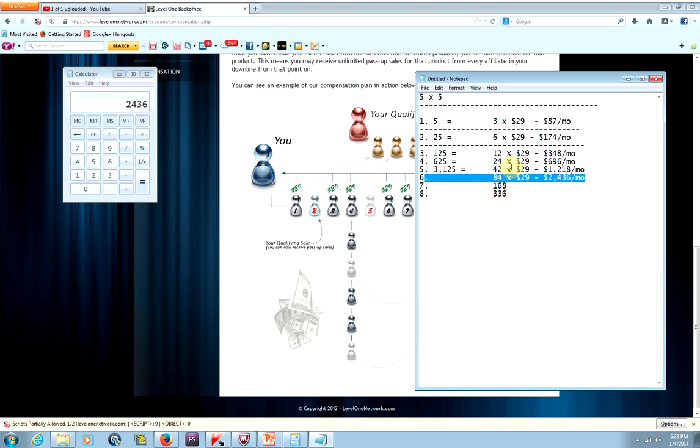And so this isn't bad. Out of 3,000 people in your organization in level 1, 42 would be pass ups to you. They would be frontline level passive legs. That's how this works out. And that's pretty good money there. I mean, you're looking at over $1,000 a month coming in just from that level alone. You're looking at about $600, almost $700 coming in per month from your fourth level, and almost $350 from your third level of referrals. Just with a 2-level organization, you're looking at close to $300 a month